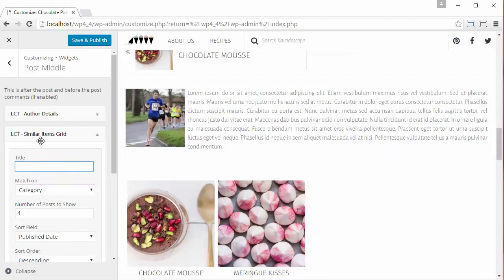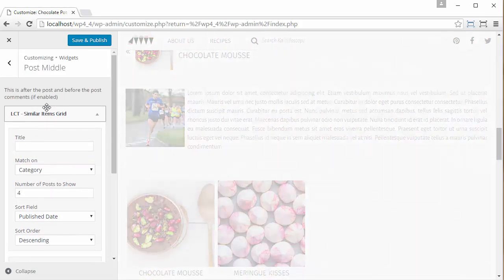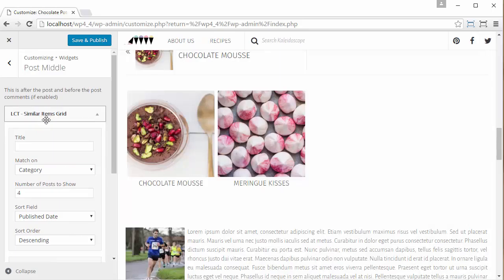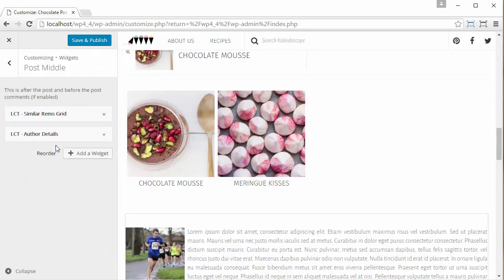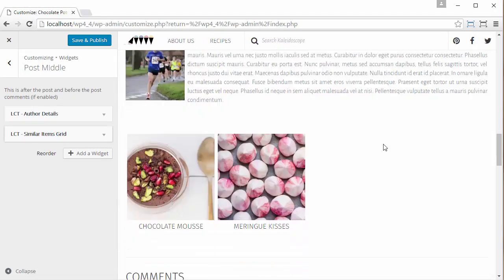And there's a whole range of options here. I've decided that the first thing that it's worth understanding that you can do is that you can actually change the order of these widgets within each other. So you might say, I want them to know all about the author. I want that to be first. That's great. You also might want to say, I want the similar items first. I think that's more important. I'll keep them reading my articles. It's really up to you, and you can use the drag drop interface to position them within the post middle